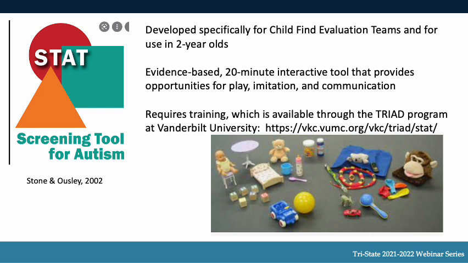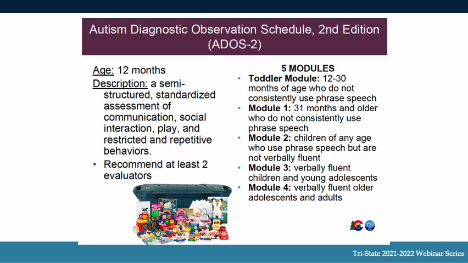So the STAT was developed specifically for child find teams and has terrific norms for 2-year-olds. So in other words, 24 months up to 34 months. They are also working on extending those norms into the preschool years and below. The advantage of the STAT is that the training is relatively less than the other tool that we have in